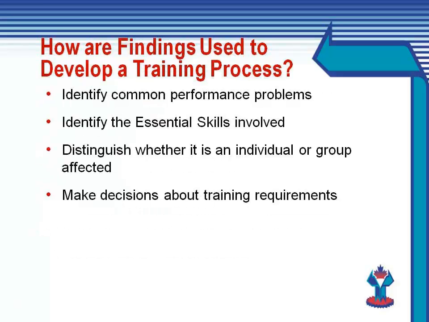Now that you have gathered the necessary information, you can begin to look at training and learning opportunities. By using the HRSDC Essential Skills Assessment for organizations, you've identified a performance problem. For example, that Section A or Department B is having trouble completing work orders on a consistent basis, and many apprentices and employees need additional supervision and instruction to complete tasks, or is having trouble following written instructions and procedures